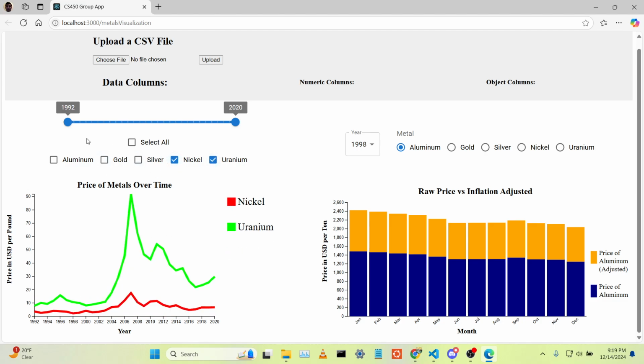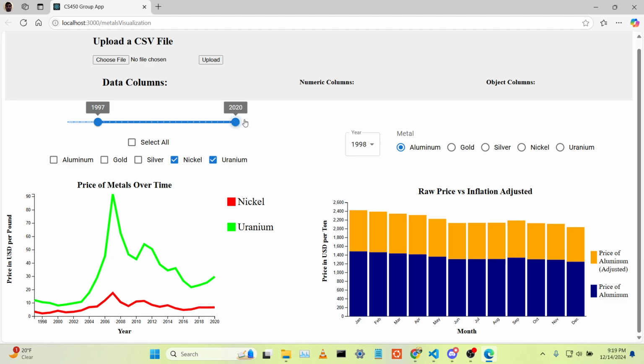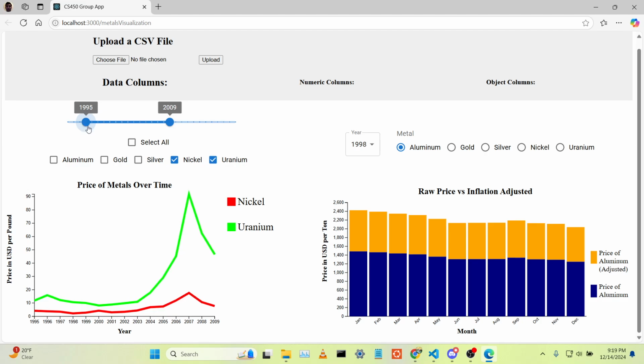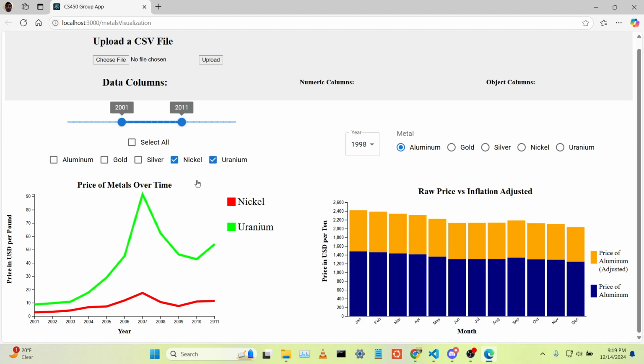The other control that we have is the slider at the top, which allows you to focus on specific points in time. So for example, if you're curious to see how a metal develops in a specific period, say 10 years, let's go from 2001 to 2011, and you can perhaps make a trend discussing how the price of a metal develops